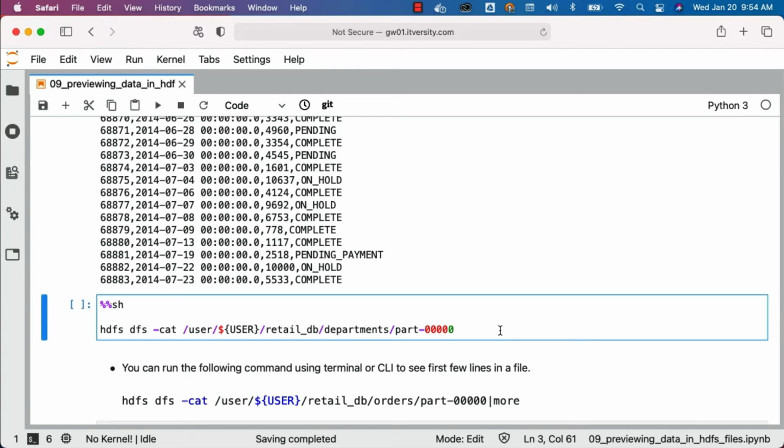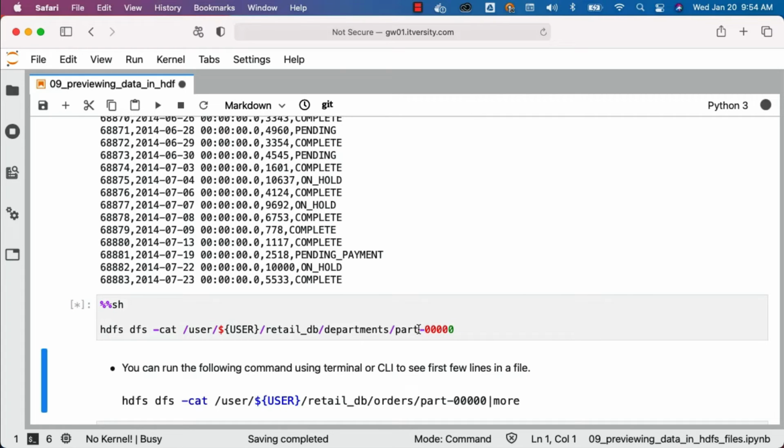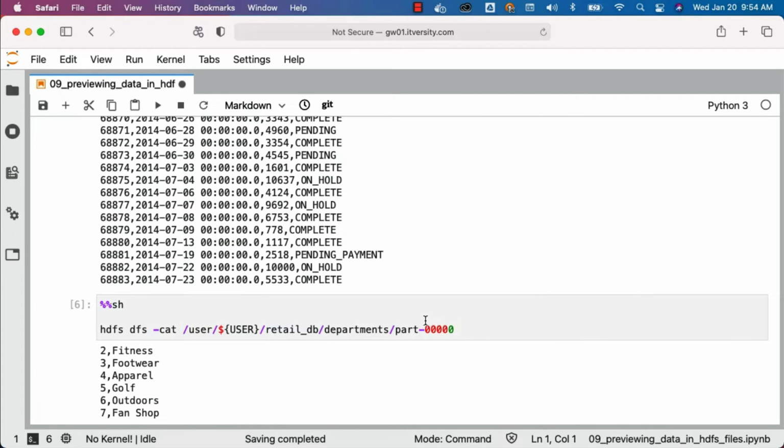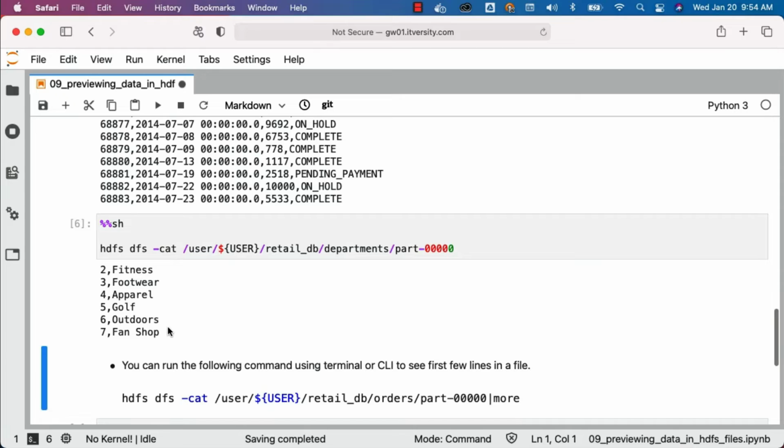You can run this hdfs dfs -cat command against the departments dataset, because it's a very small dataset. To preview what we have in the dataset, you can run this, and you should be able to see the results. Even though orders is not very big either, if you try to use cat on top of orders or order items, it will take some time to print the results. Especially don't run this command against orders or order items using JupyterHub. You can run it using the command line and see, but it will take some time. However, departments is a very small dataset, and hence we should be able to run it against departments just to understand how the command looks.